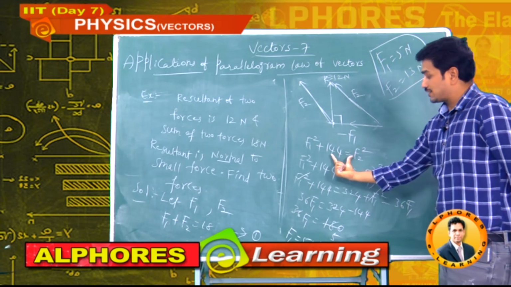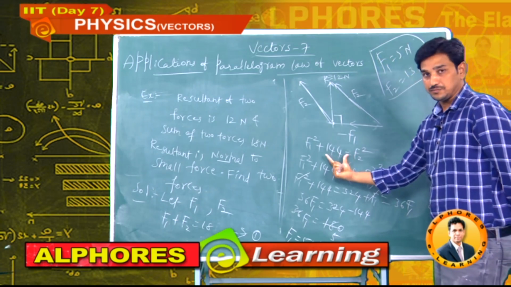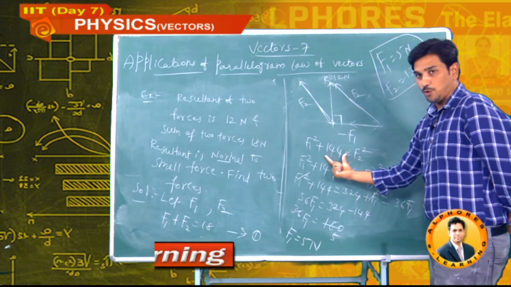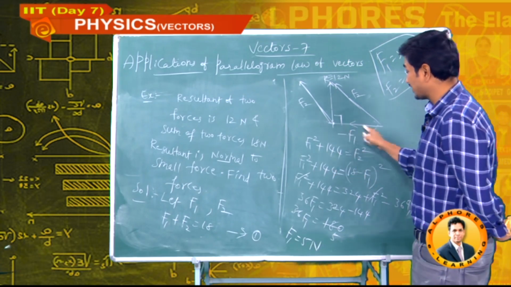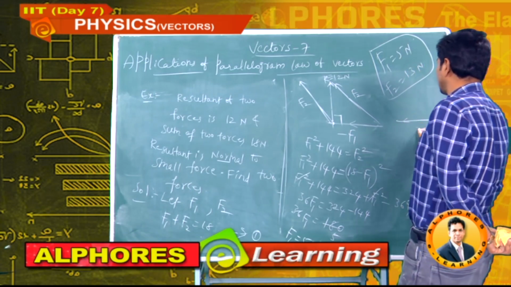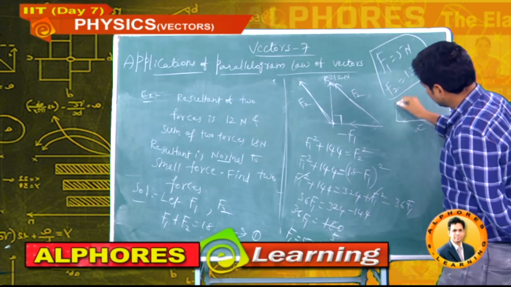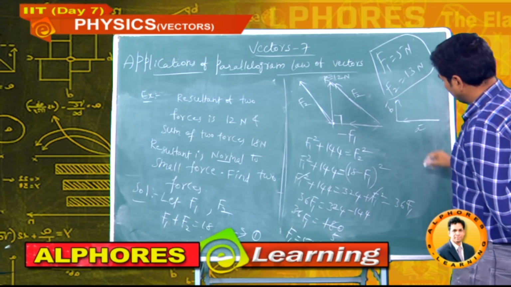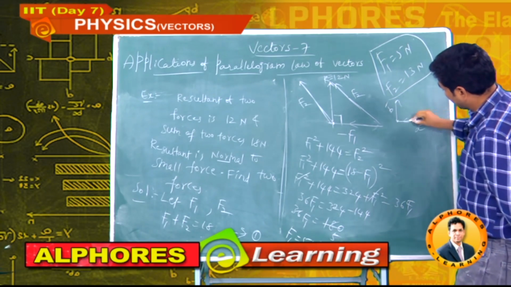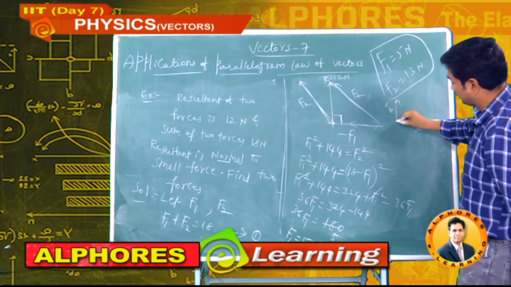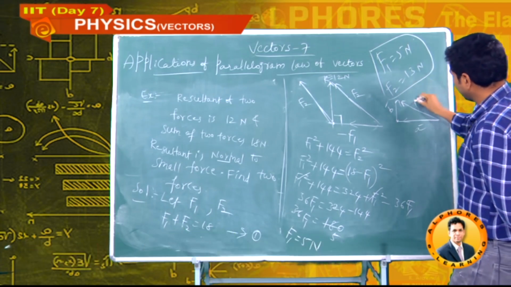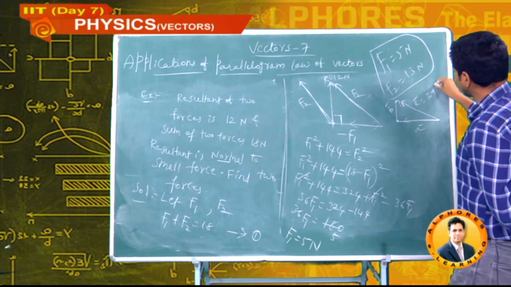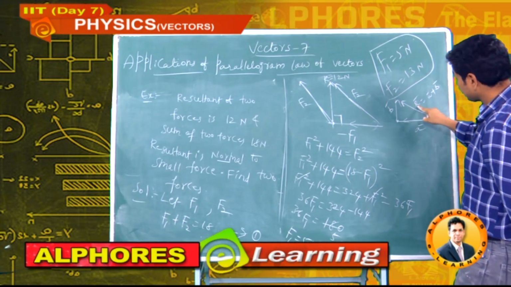Now only one logic, this you should remember. How? This point we should understand carefully. Once again I will explain. This is A bar, this is B bar, head connected to tail. See, A bar head, B bar tail. Now the resultant is this only, no? So the resultant is A bar plus B bar.